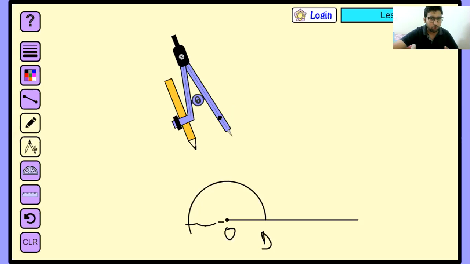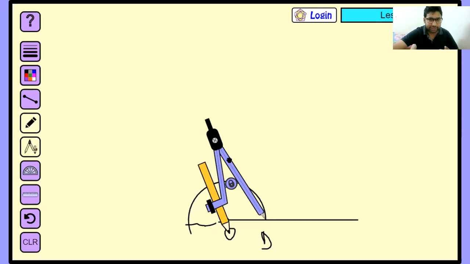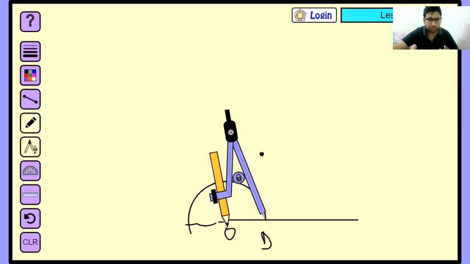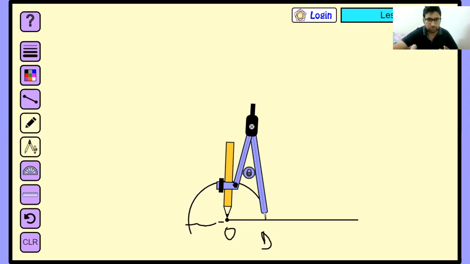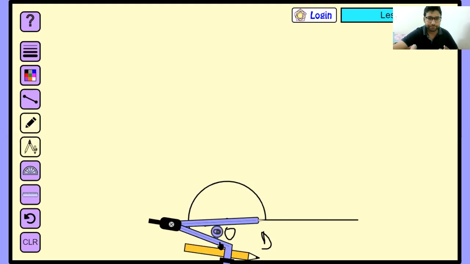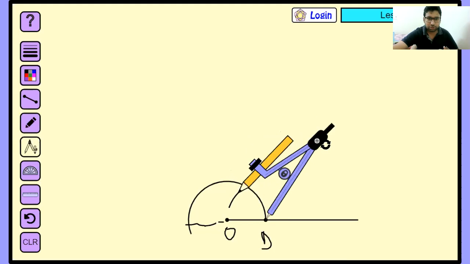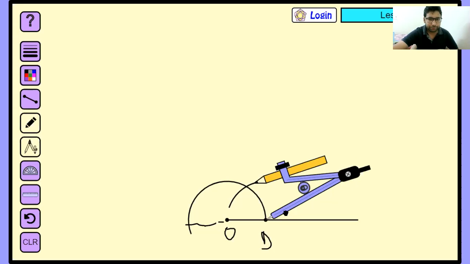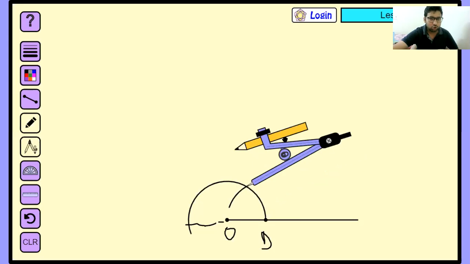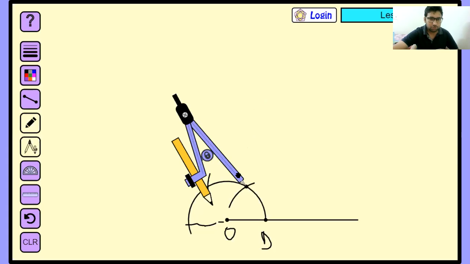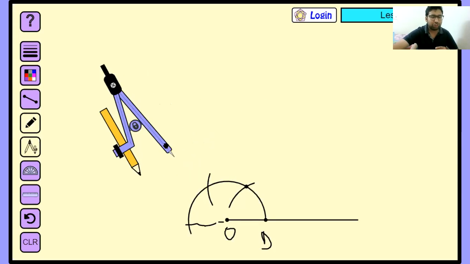You will come to the point D, then you will take an arc. Now it's okay. So the arc, this one arc is 60 degree. Then you will come to this point. You will take another arc of how much? 120 degree. So we have got these two. Now what will we do?